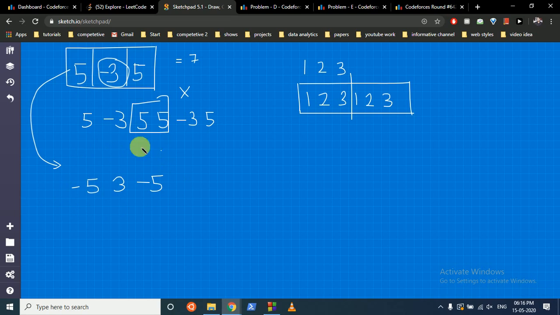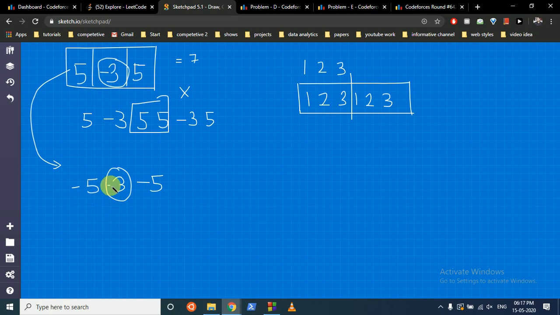After inverting all the signs, this element becomes positive and all the other elements become negative. If we now find the maximum possible sum using Kadane's algorithm in this array, the answer will be 3, which is the same but with reverse sign, because we have inverted all the signs. So this is now the minimum possible subarray sum.